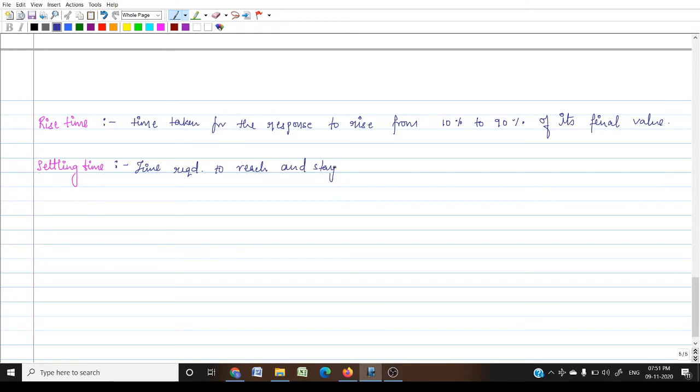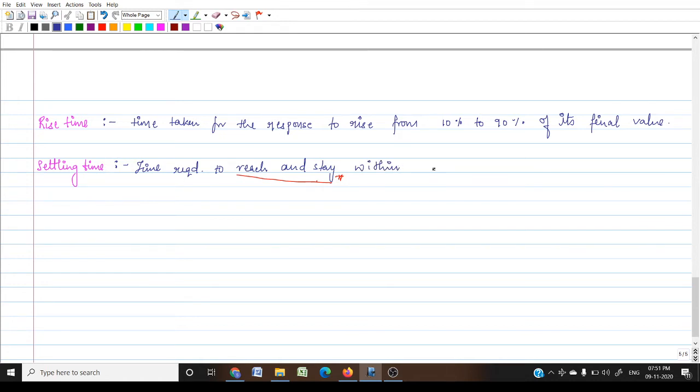Many responses will reach within the 2% tolerance, but they will not stay within that 2% tolerance. So this becomes very important, to reach and stay within the specified range,